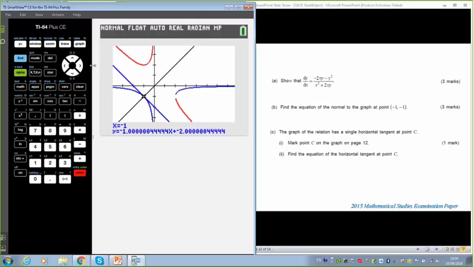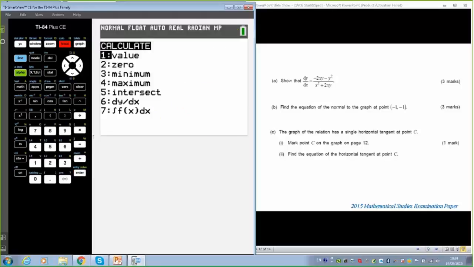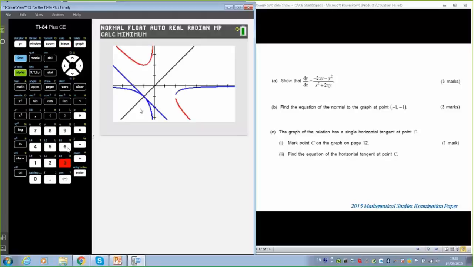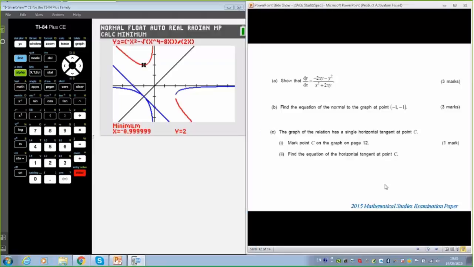Again, we can find the horizontal tangent because we can find the turning point on this graph here. And like Rodney said earlier, with the colors, and we're trying to find a minimum this time, it helps us nicely. We don't want the blue one. We want the red one, and we want it, oh, that's pretty good, isn't it? Just there, that will do us. I'm moving it just over here a little ways. Again, it will help us. It's -1 and y equals 2. So that will, again, help support my answers in here.